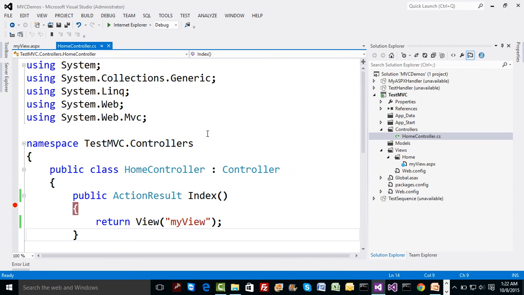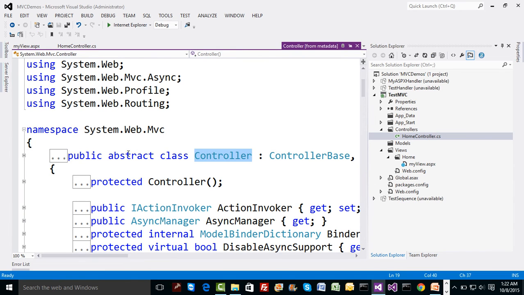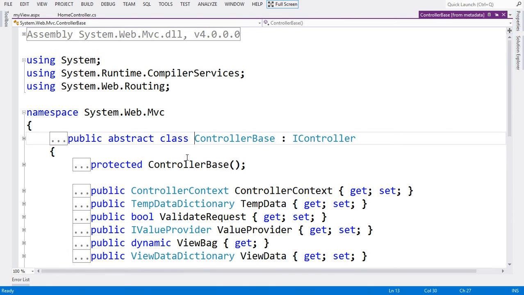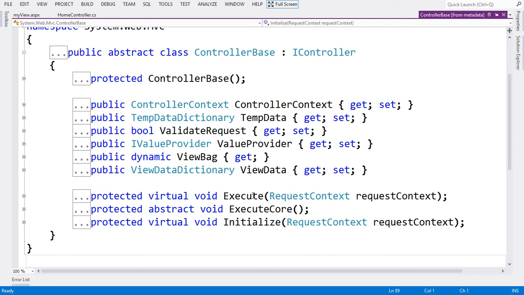If I go to the home controller class and if I show you what lies in controller, let me go to the definition of controller. Now if you can see, controller is actually an abstract class as we discussed some time back. And then this also comes from one more base class called ControllerBase. If you go to ControllerBase, again go to definition, which internally has this method which is called execute, and the execute method internally gives a call to many methods in sequence, and one of the methods was a method called invoke action method, and that invoke action method was internally giving a call to render view, which was calling